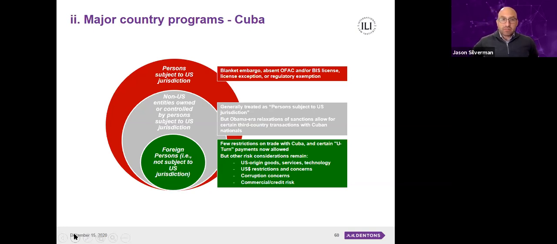So rather than getting into a lot of the details of what the Cuba sanctions program prohibits, I thought it would be interesting to talk about some of the odd aspects of the Cuba program in comparison to some of the other sanctions programs, where it sits in relation to them, and some of the concepts that exist in other sanctions programs, and then with a brief discussion of where things might go with respect to Cuba